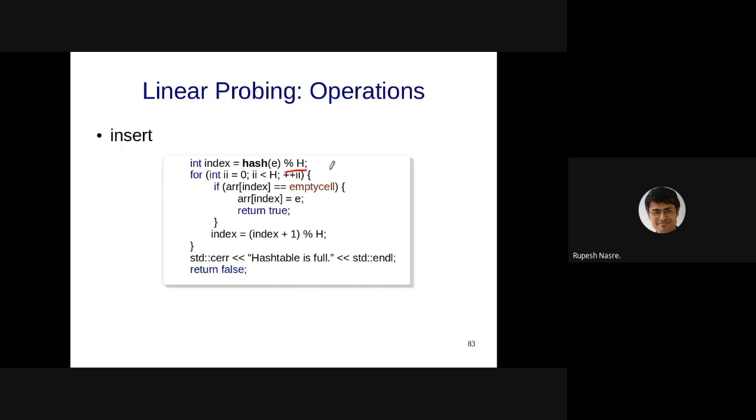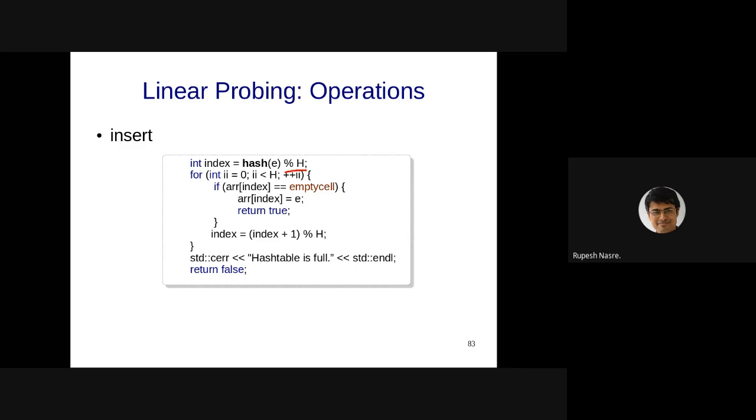So with that, we looked at the find, right? And find is similar, where I need to look for that particular element. If I have found an empty cell, then I could return, right? And then there was some discussion that we had: if it so happens that E2, E3, all of these get mapped to the same index, so E1 is going to get inserted at the correct index. Let's say E2 gets inserted at the next one, and then E3 at the next one, right? So index, then index plus 1 and index plus 2. These are the entries at which these are occurring.